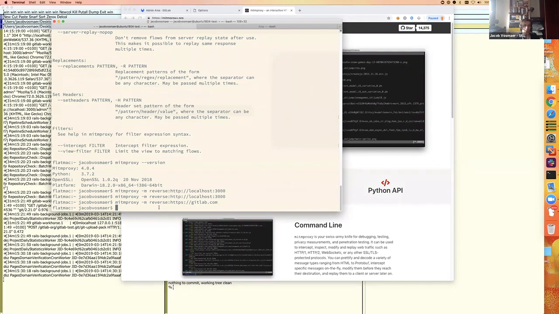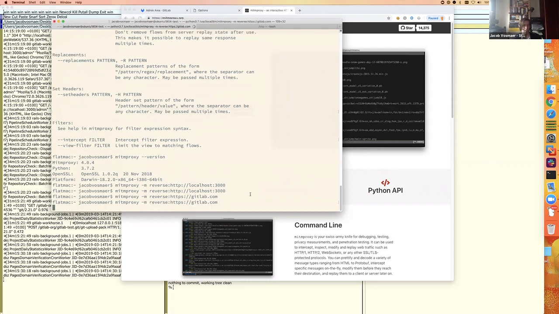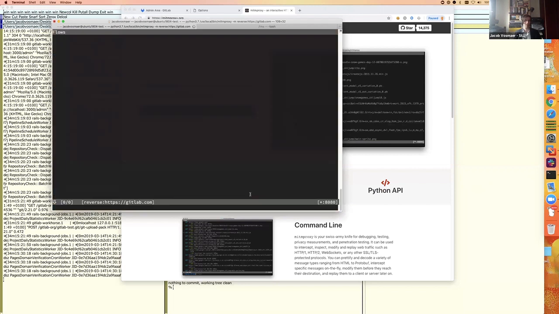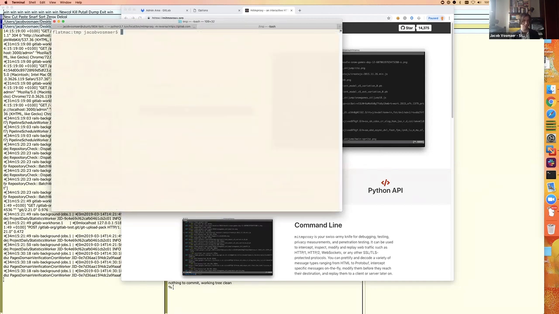Mitmproxy has a number of modes, and if you want to analyze Git traffic, I've learned you want the reverse mode. So you start mitmproxy with --mode reverse, and you need to say what the upstream is that the real traffic goes to. For now, just because it's possible, I want to show you that you can intercept real traffic that goes to gitlab.com. Like this. Yes, there we are. So this is the mitmproxy app,